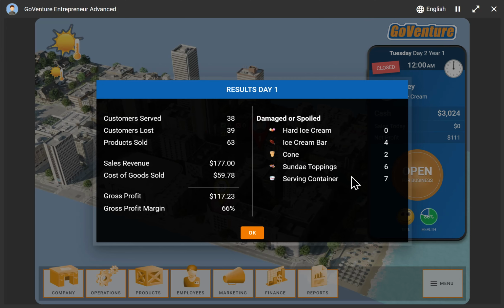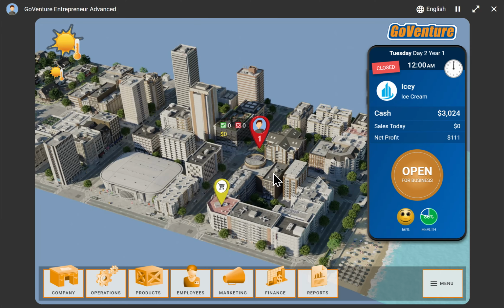I don't want to order too much because of the risk of spoiling, but I also don't want to order not enough, because then what happens is what happened to me here, where I didn't have enough to sell my customers, and I've missed out on a lot of sales, which not only impacts my revenue and my profitability, but also impacts my customer satisfaction, where people are just not happy that they were not able to get their products in time.